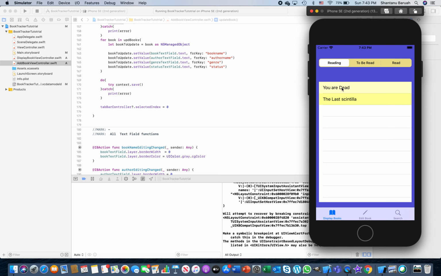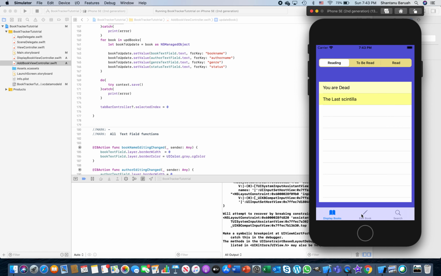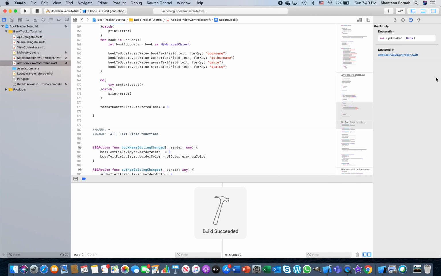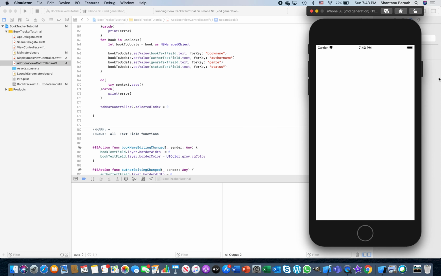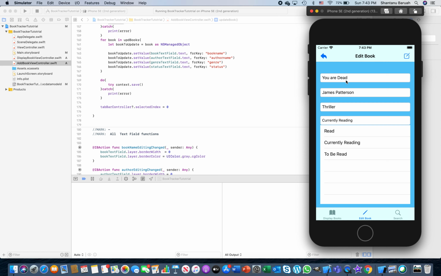If I update this now, yes, you are dead is changed, but if I want to add anything new, it will only change this one. And by the way, it's again showing you ate dead, though I changed it to you are dead. That's another thing you can see, that a few nuances are moving around, which is not working fine, right? If you stop it and run it again, you are dead is there, and now if you update it, it is coming as you are dead, right? So a few nuances. Why don't you try to correct it, and we will try to clean that up as well